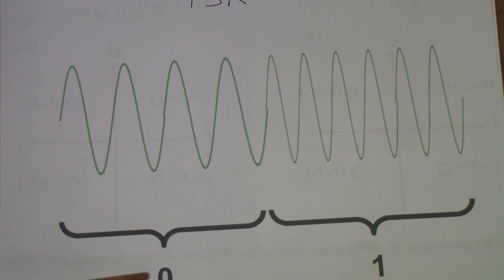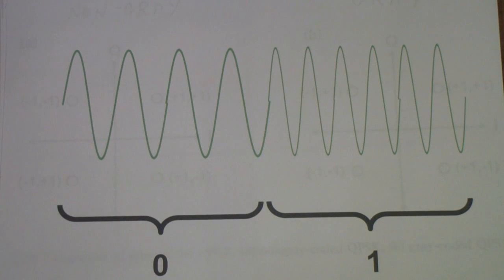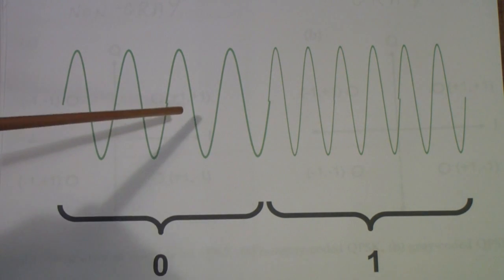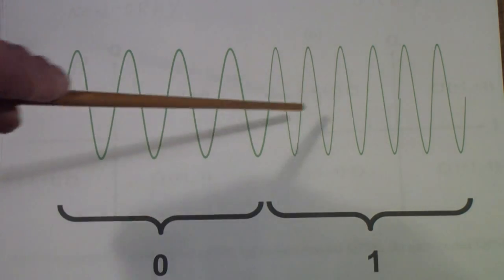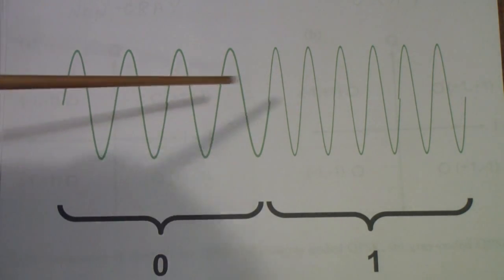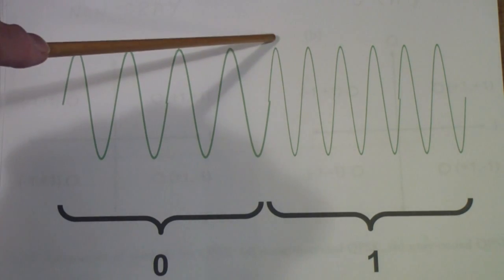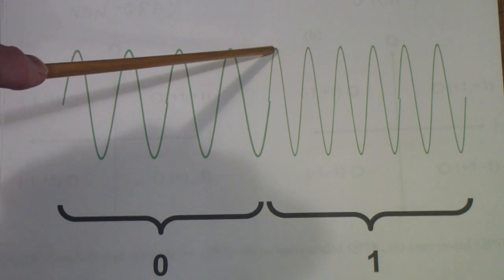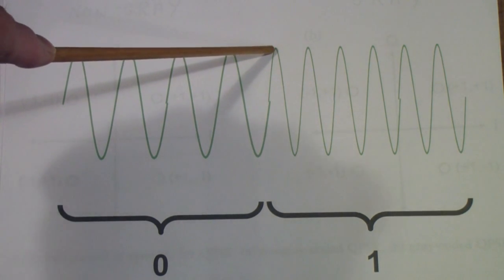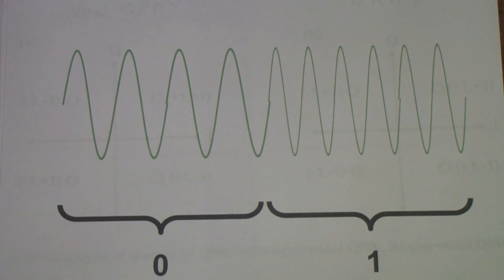And all you do is you simply shift between those. Maybe you have a gating circuit that you bring this one in when it's a 0, you bring this one in when it's a 1. Well, if these two signals are not coherent with each other, you can get very large instantaneous transitions in the wave. That causes difficulties. And one of the ways that you can try to solve that problem is to use a method called